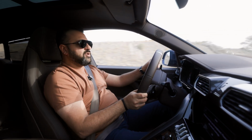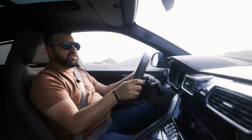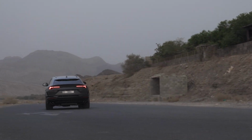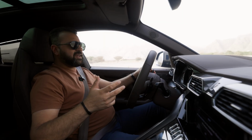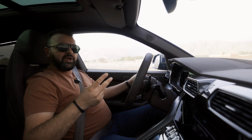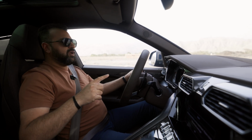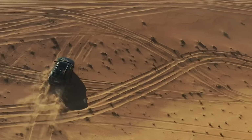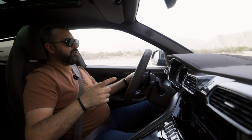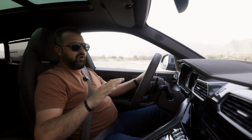But how does it do around corners? That's a question we are going to answer right now. The Urus S has 3 main driving modes: street, sport and race. And it can go off-roading as well. So you may have seen videos of this car doing off-road stuff, but Lambo has said no for us. But if you want to go off-roading, it has gravel, sand and snow mode as well. So no off-roading for us,